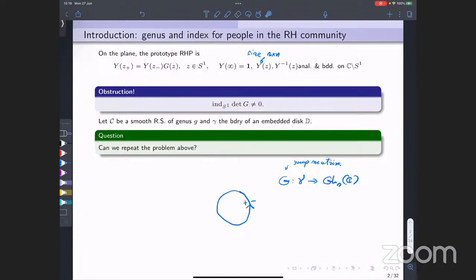The index is just the increment of the argument of the phase of the determinant of G. If that is non-zero, then there is no chance that you can find an analytic matrix valued function with these properties. But even if the index is 0, there are other issues that can prevent the solvability